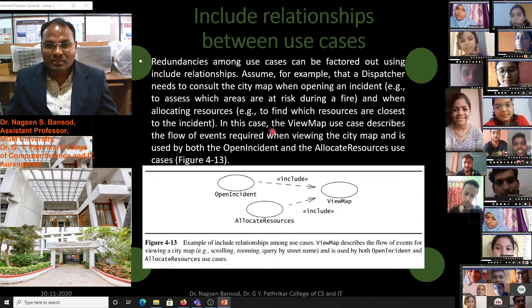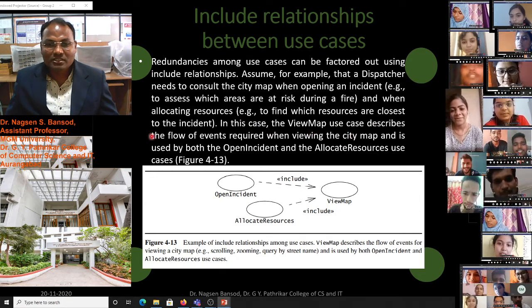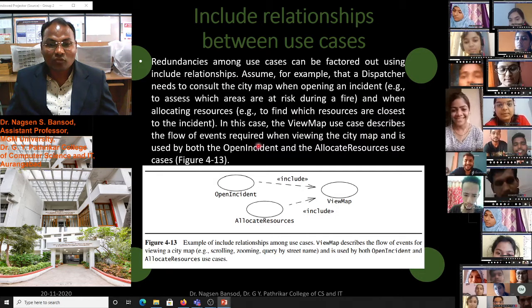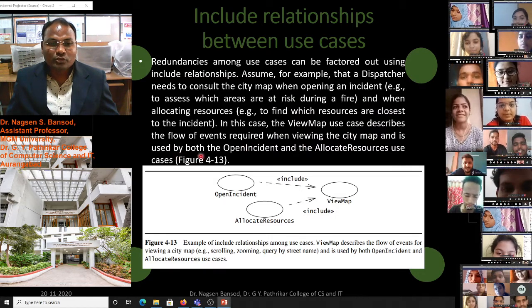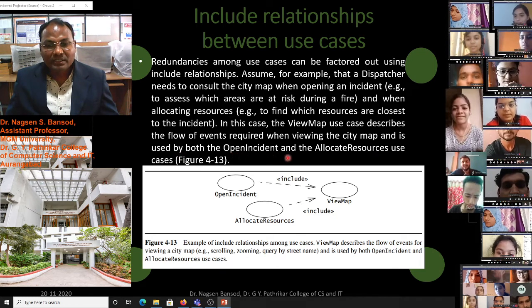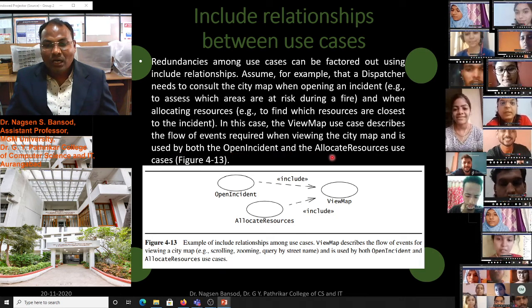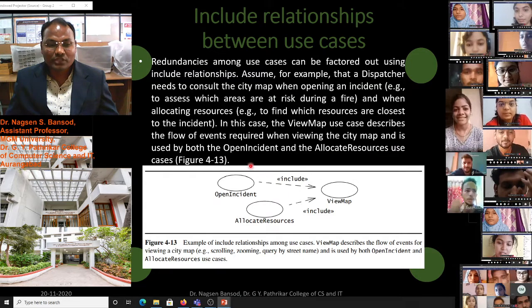In this case, the view map use case describes the flow of events required when viewing the city map and is used by both the open incident and the allocate resources use cases.